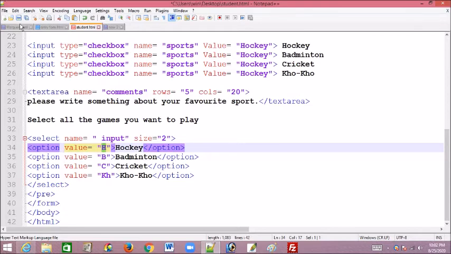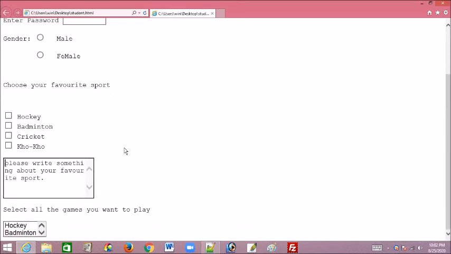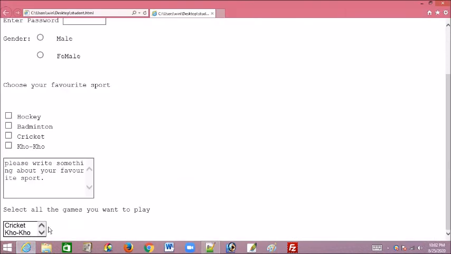Now we are going to save and go to the web page here and just refresh. See here, we got the list: hockey, badminton, cricket, kho. All that we give in option tags will be displayed in this list.